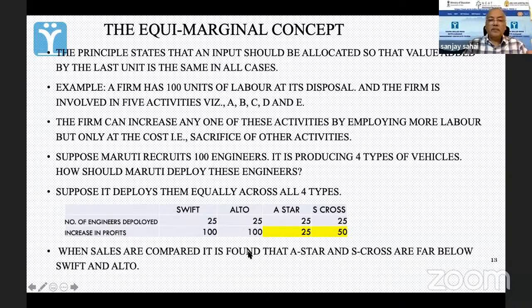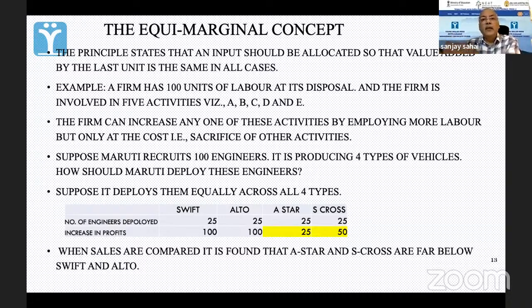So at that point of time, the CEO has to probably reconsider the deployment decision. And while I'm giving this example to you in the case of production, this works equally well in service, in banks, everywhere. So you deploy people in branches, let's say in the case of a bank, where you will get